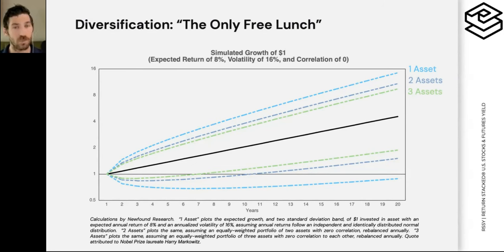So that light blue dashed line represents the potential range of outcomes, the growth of our dollar, if we invest in only one asset. We can see that by adding a second uncorrelated asset to the portfolio, assuming it has the same expected return and same volatility, that cone shrinks. And adding a third asset shrinks it even further. Ultimately, the more diversification we're able to introduce, the greater we are able to create a financial plan with increased